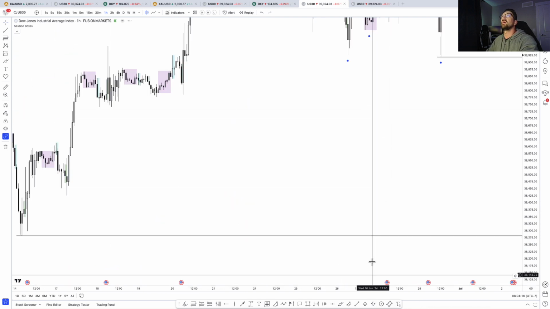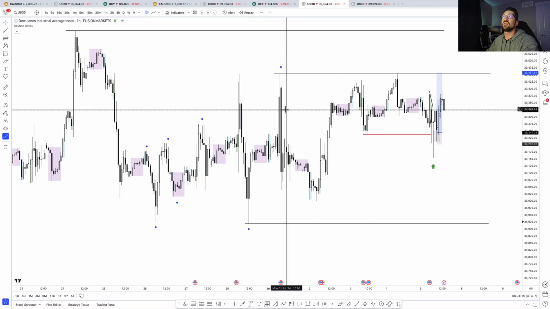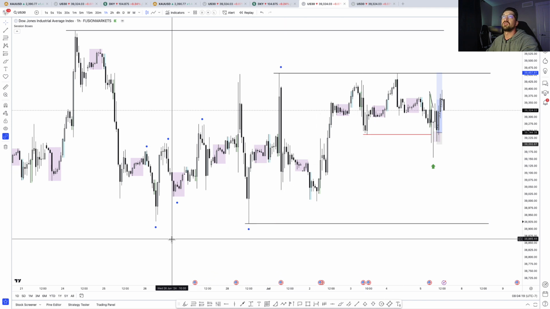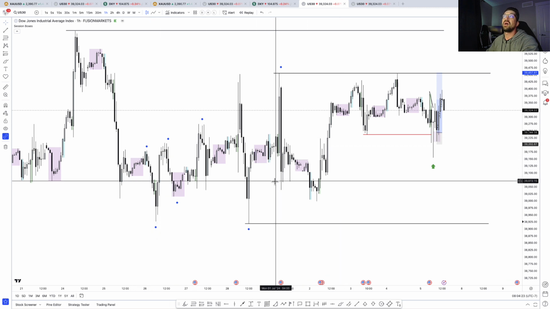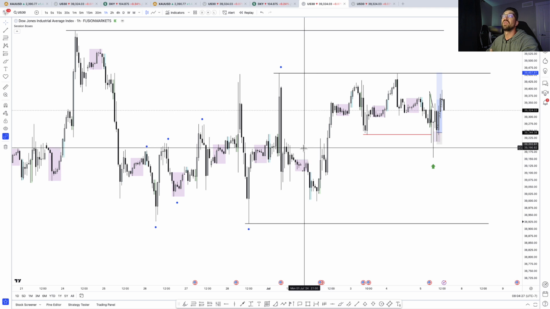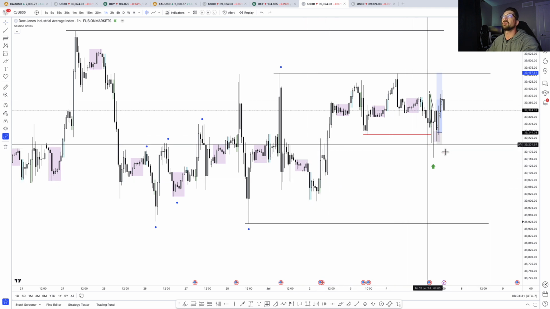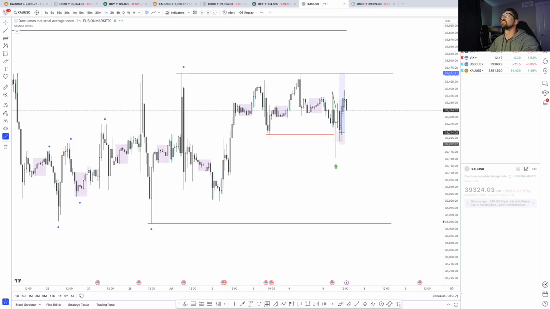So the rhythm matters for my entries. The rhythm matters if price is consolidating, and the rhythm matters if price is trending, because there's different kinds of trends. There's efficient trending, there's deep mitigation trending, which is usually more consolidation on these pairs, and there's the price is not pulling back to 50 trending, which is how US 30 and gold actually move if they're properly trending. So if I look at gold,